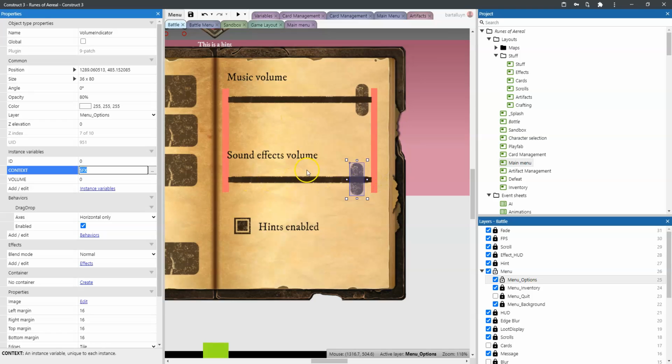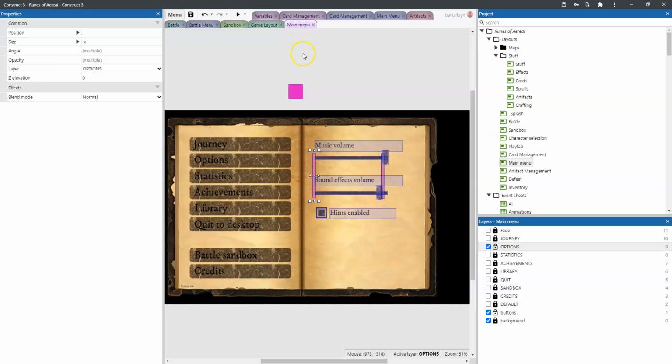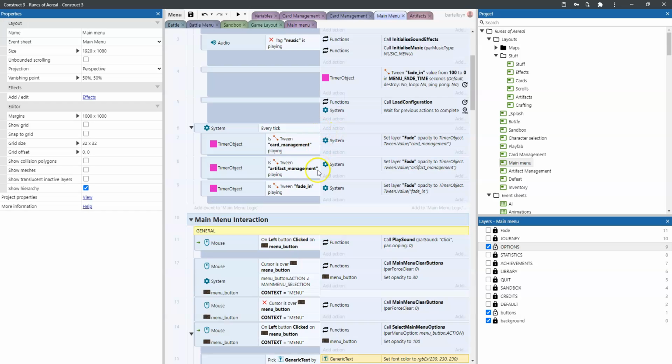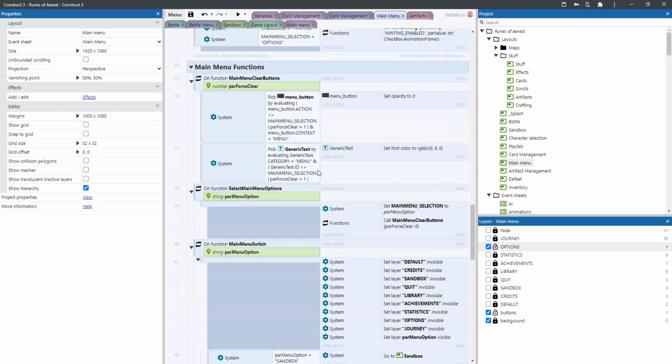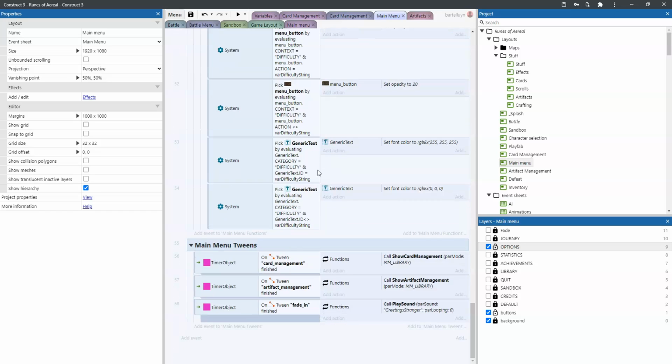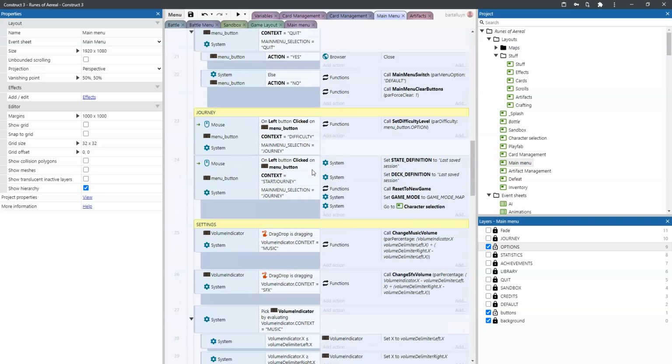But we cannot drag it too far to the left or too far to the right, because then it would go further than the width of these bars here. So in order to check if it's gone too far to the left or too far to the right, there are the volume delimiter left and the volume delimiter right. So these should be implemented here as well. If we go back to the main menu and we go to the event sheet, there will be somewhere here